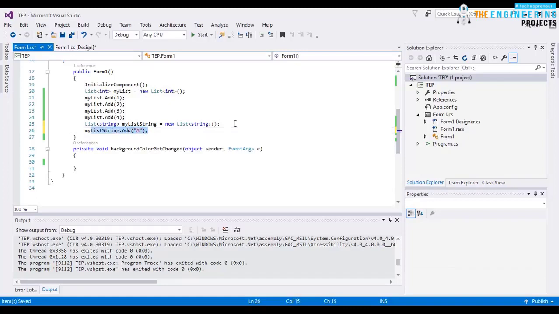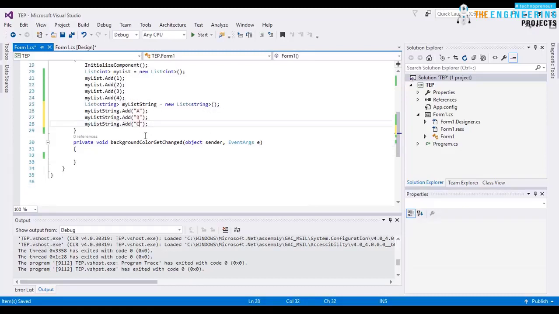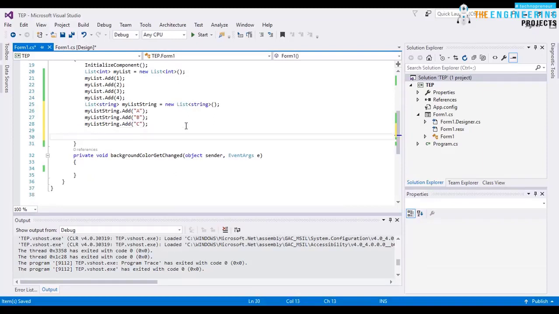and replicate that. B, C. B and C. It's totally dependent on you which data type you want to use for your list. And now move on. Suppose that you want to know the total number of items in any list,